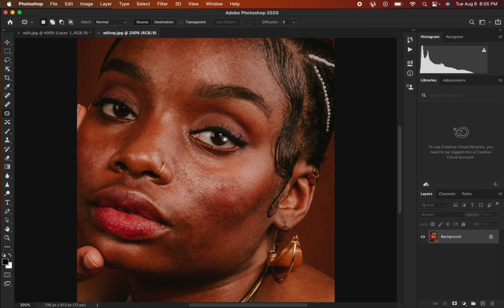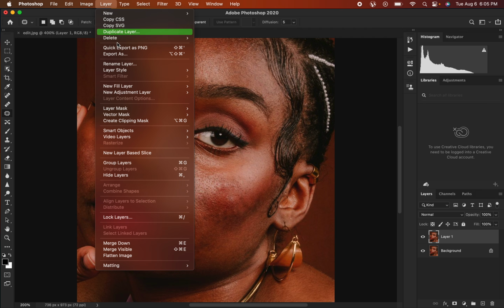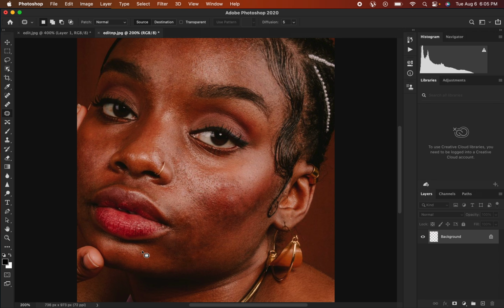So after removing the blemishes, what we want to do, for example, if I told you had two layers right there, simply come to layer right here and simply come to merge visible, and you can merge those layers into one layer like I have right here. So after doing that, simply come to the background layer and create those two layers like I explained for you,